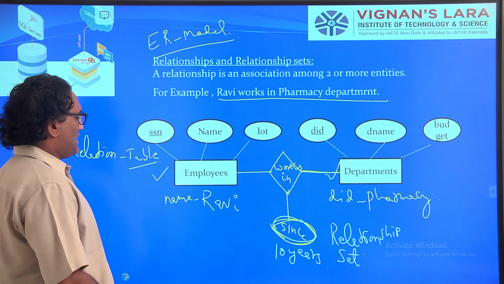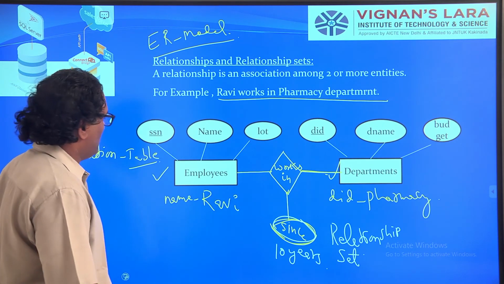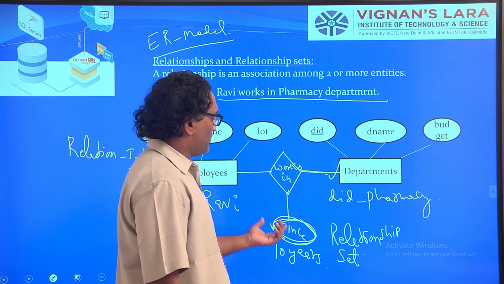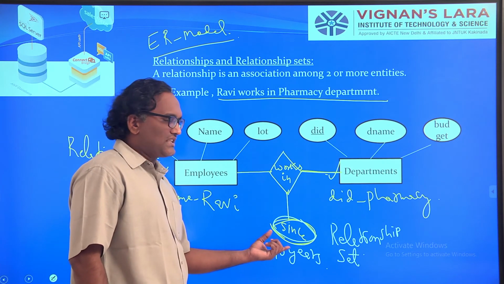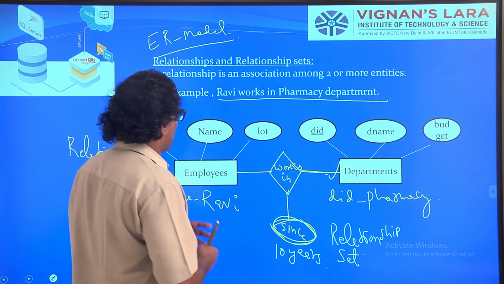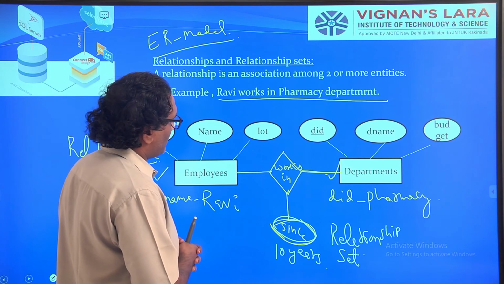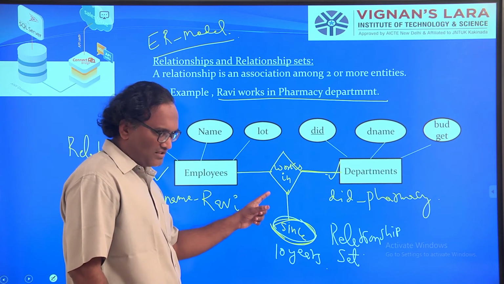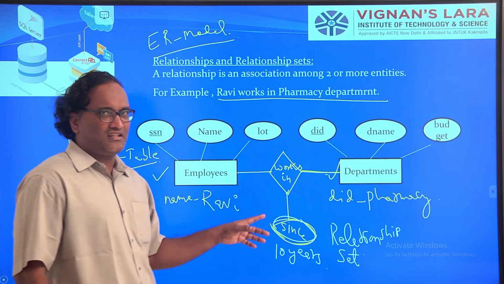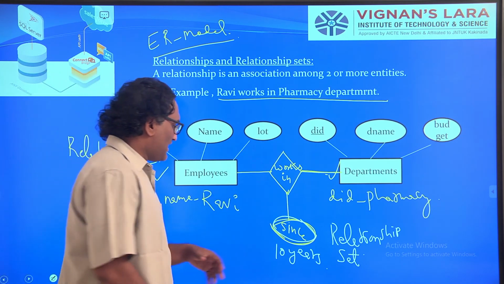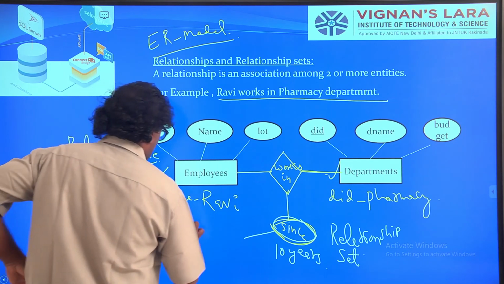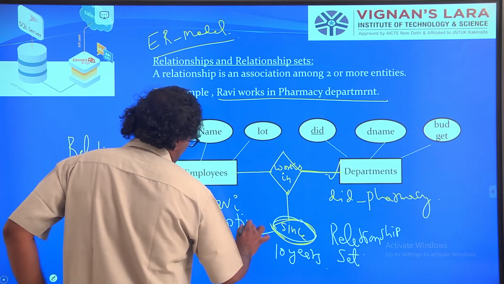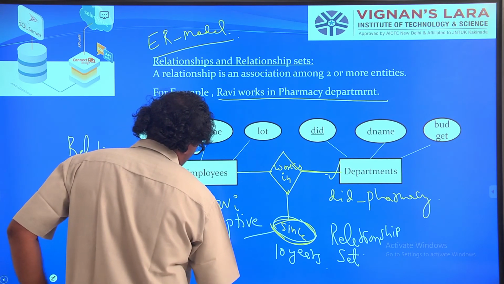Let us talk about this since attribute. SSN, name, lot, all these are properties or attributes. But this one is not like those. We are giving a description about this relation. If you want to describe the relation, you can. This kind of attribute is called a descriptive attribute. We will see examples, don't worry.